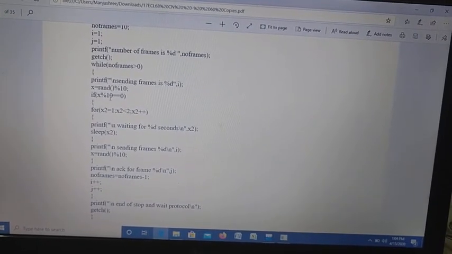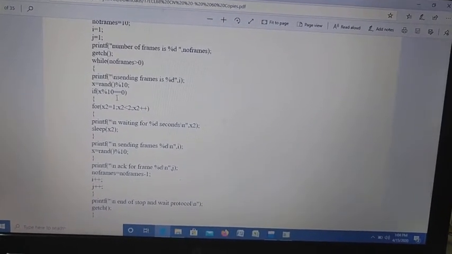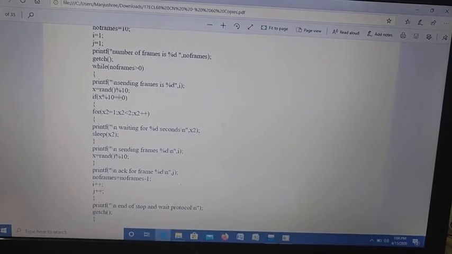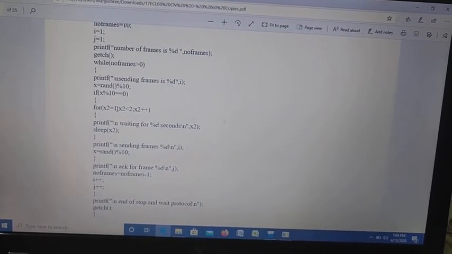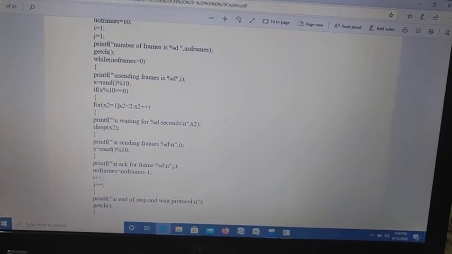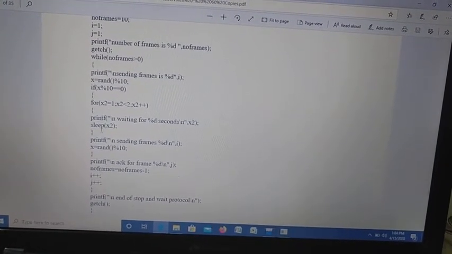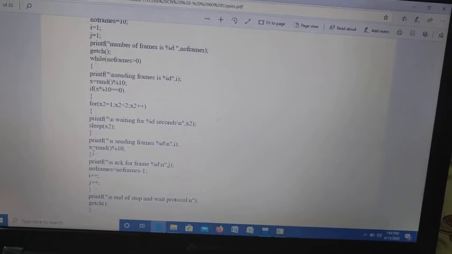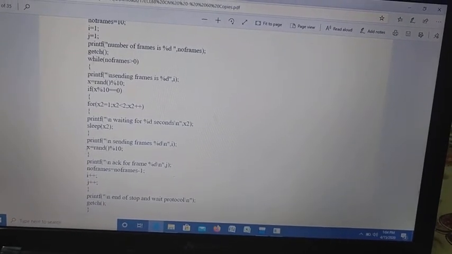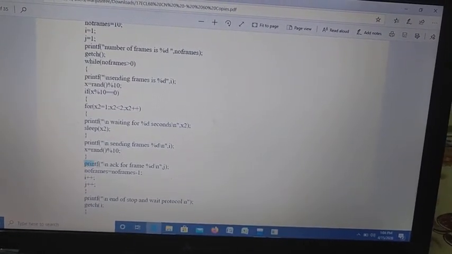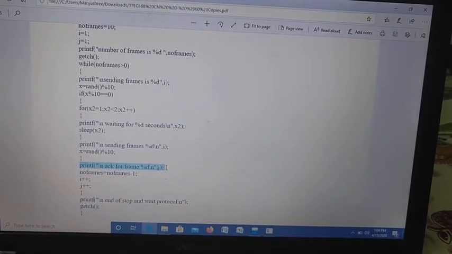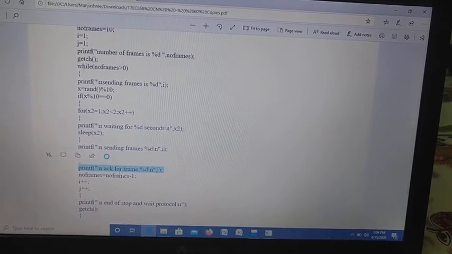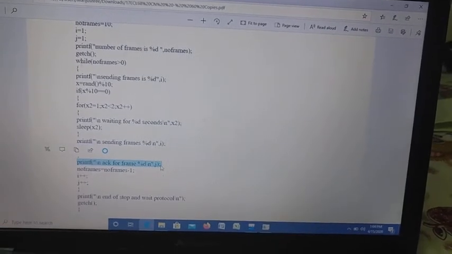So 5 modulo 10, and if I compare it, it is not equal to 0. So it will not enter into this if statement since the condition is false. Since the condition is false, directly it will come here and printf acknowledgement of the frame. This it is going to print.